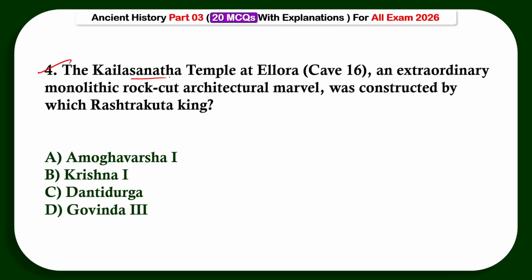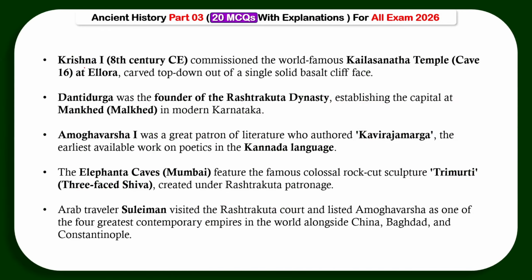Question number 3. The Kailashnath temple at Ellora, an extraordinary monolithic rock-cut architectural marvel, was constructed by which Rashtrakuta king? Option number B, Krishna I. Krishna I, 8th century CE, commissioned the world-famous Kailashnath temple, Cave 16 at Ellora, carved top-down out of a single solid basalt cliff face. Dantidurga was the founder of Rashtrakuta dynasty, remember it, establishing the capital at Manyakheta in modern